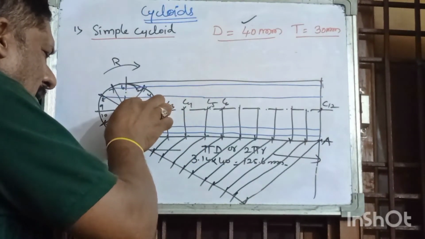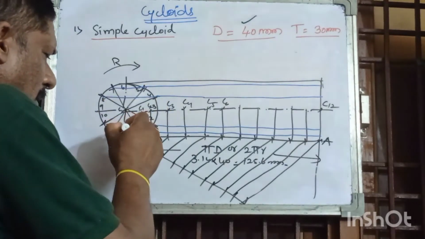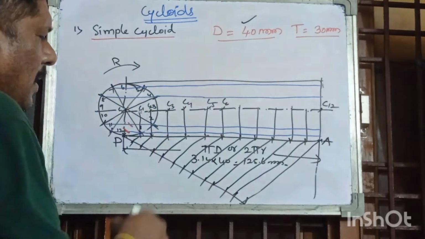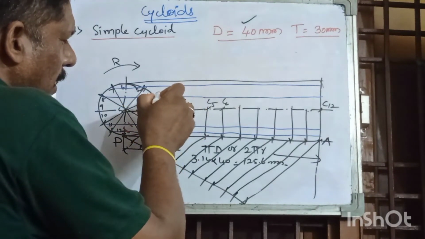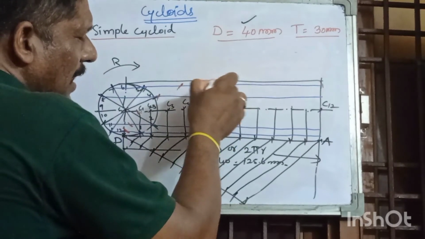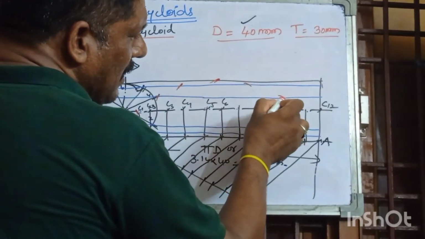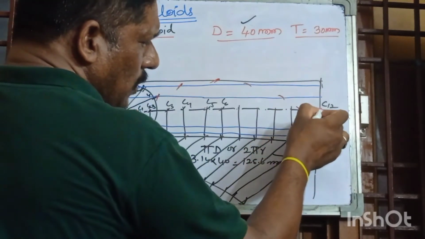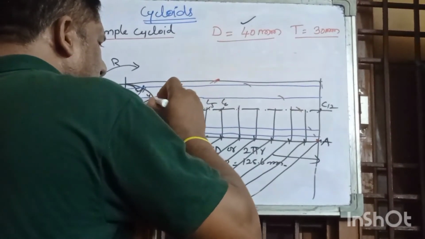So C1 is center, cut the first line here. You will get a point here. C2 is center, cut the second line. C3 is center, cut the third line. C4 is center, cut the fourth line. C5 is center, cut the fifth line. C6 center, cut the sixth line. C7 center, cut the seventh line. C8 center, cut the eighth line, ninth line, 10th line, 11th line and 12th line. Suppose 12 is center, cut the 12th point. So if you join all these points,